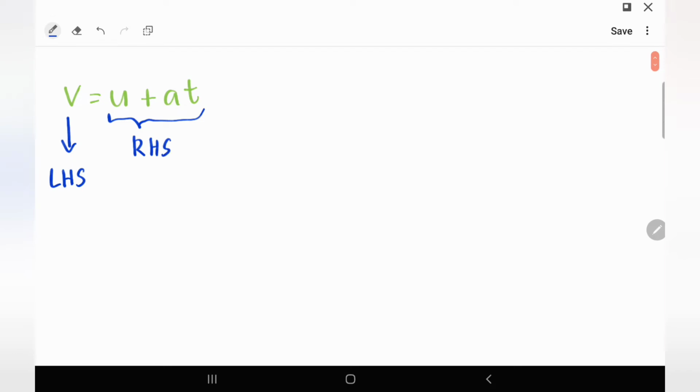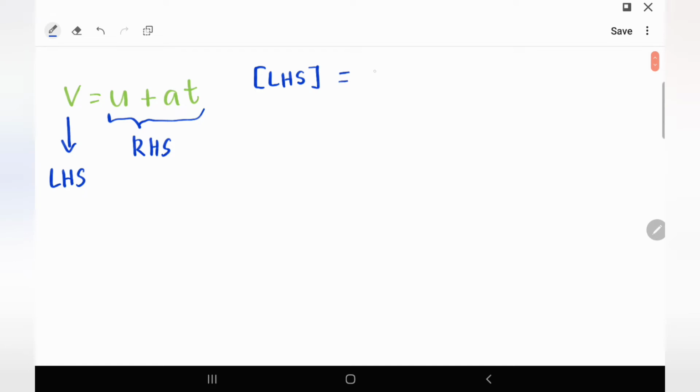For this method, we need to find the dimension for each side separately, and then we compare them. By getting equal dimension for both sides, we may conclude that the equation is dimensionally correct, or by getting different dimension for both sides, the equation is wrong. Okay, so how is it? Okay, we just start side by side. So I want to start with the left hand side. So the dimension at the left hand side